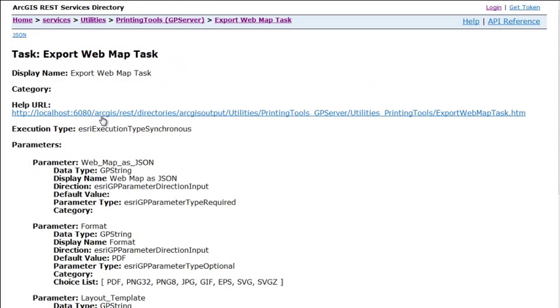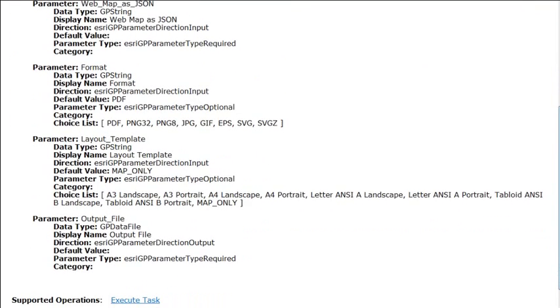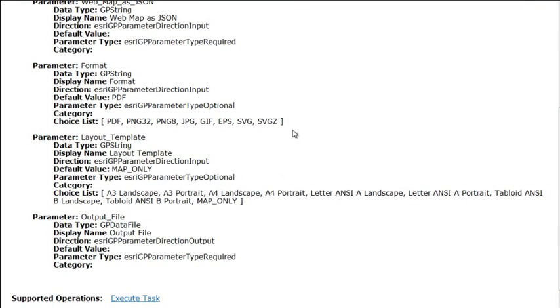If I click the Export Web Map task, I can scroll down and observe some of the out-of-the-box supported formats that the map layout can be returned in, as well as some of the default map layouts that are available with the service. Next, I'm going to demonstrate how to use the PrintingTools GP service